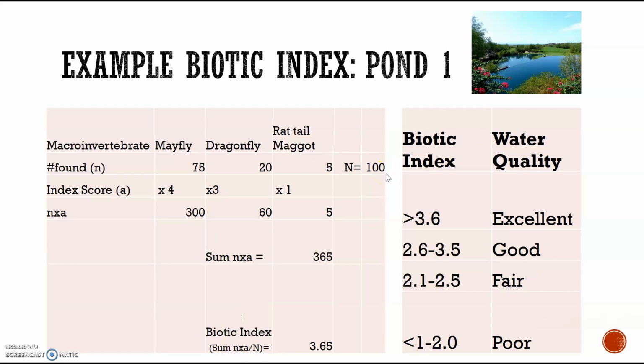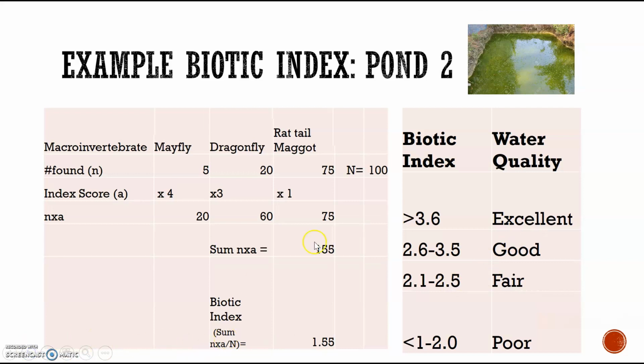In this case, we made it easy in that it is 100. And that gives us our biotic index, in this case 3.65. So if we look over here, that tells us that the health of our little pond here is excellent. Right? Anything over 3.6 is very good health. We can contrast that with